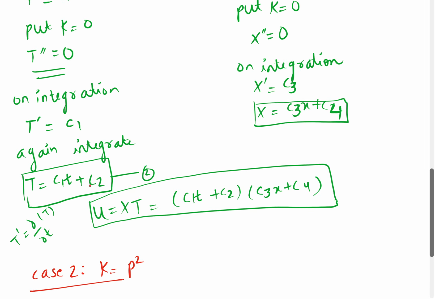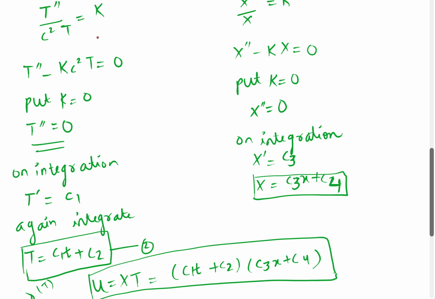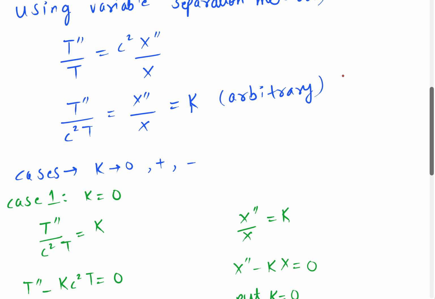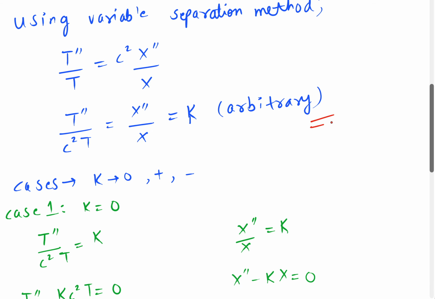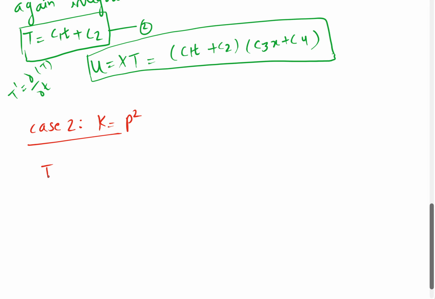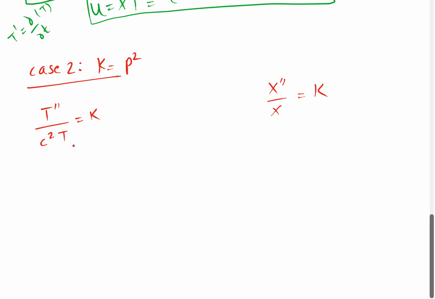Okay, so what was the equation we had here? I'm going to write it once again. t double dash upon c square t is equal to k, and here it was x double dash over x is equal to k. Now we have to solve for both t and k. So how am I going to solve it? Let's firstly solve for